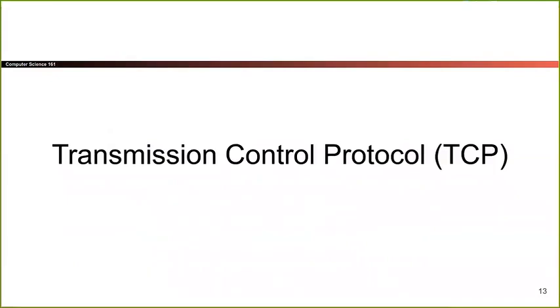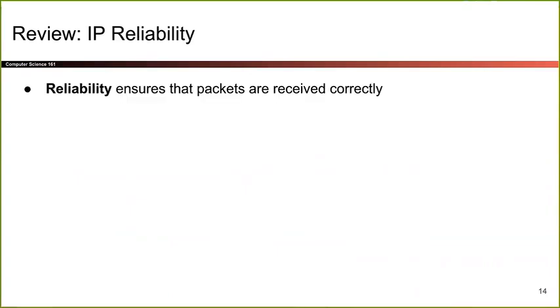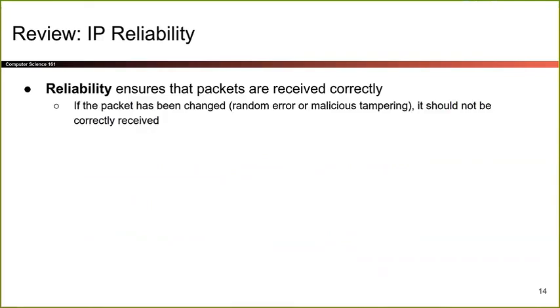Okay, onwards to TCP. So now we're going to go up one more layer to layer 4. First we have to remember why layer 3 was not enough. Why couldn't we stop at layer 3 and say, all done, internet's good to go? The reason was because of reliability. Reliability is the property where if I send a packet, it should be received by the other person correctly. I want the other person to receive my packet.